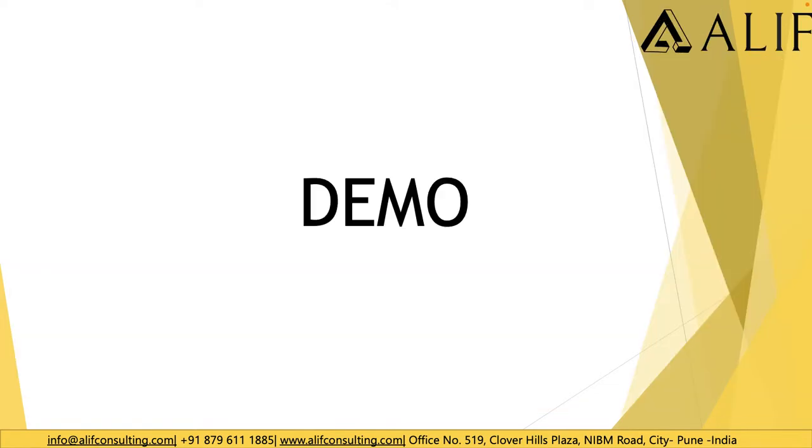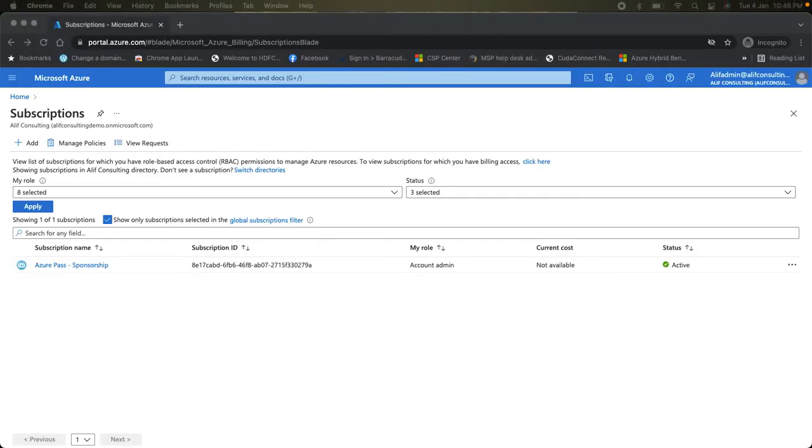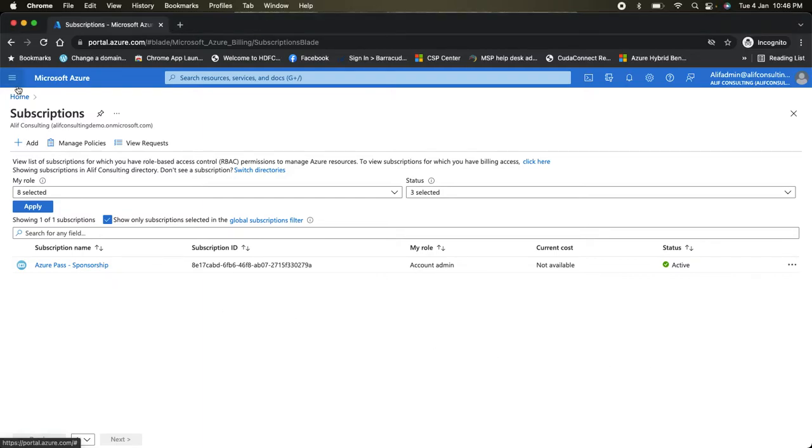Let's talk about the demo. In the demo, I'm going to show you how you can create storage accounts, and how you can access the data, or upload data in the storage account. Now in my case, I am logged in with the